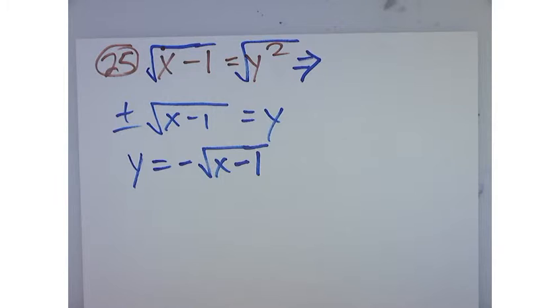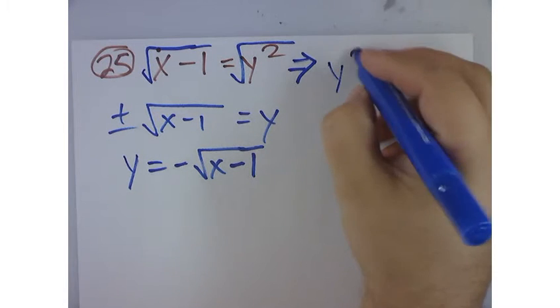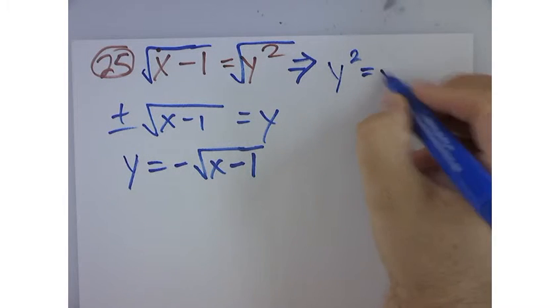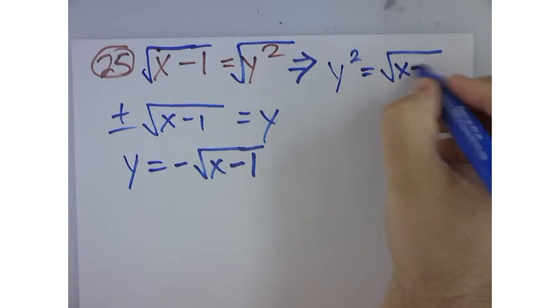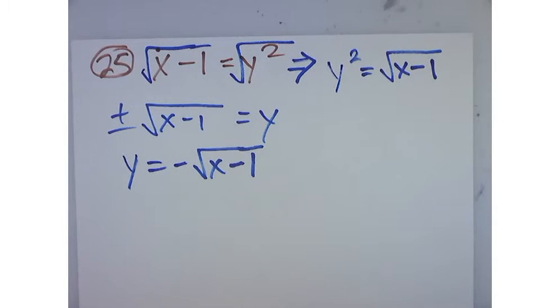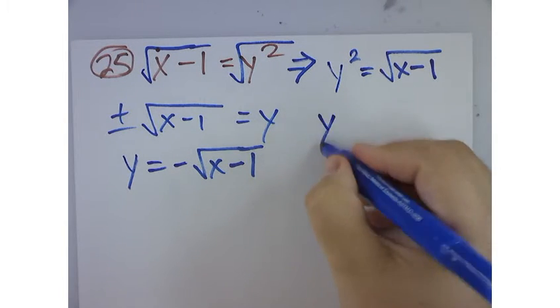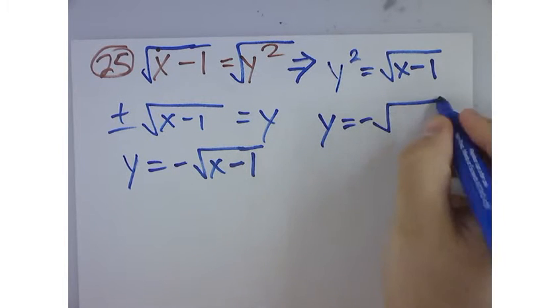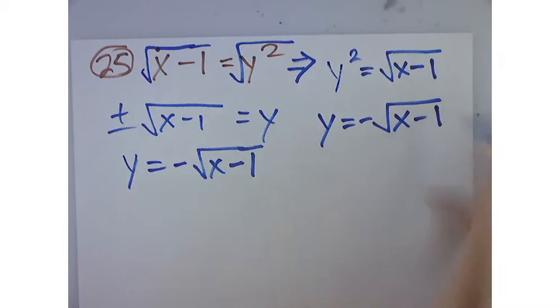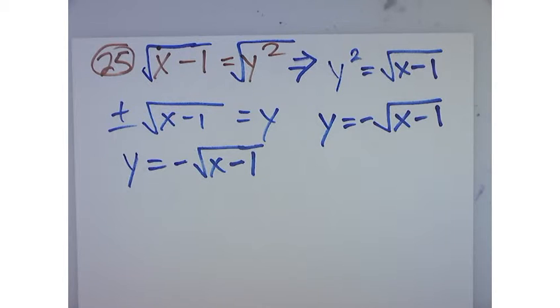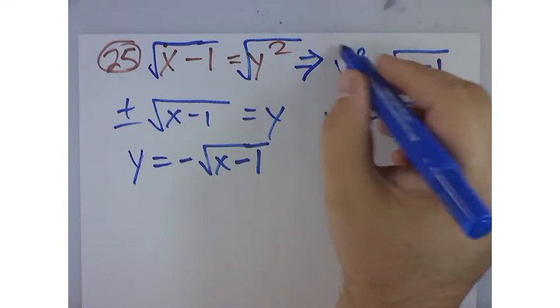What I want you to do is look at this. We've got y squared is equal to x minus 1. Now the lower half of that is y is equal to negative the square root of x minus 1. Why is the top one y squared? It's just y, right? Well, yeah, because this is our Cartesian